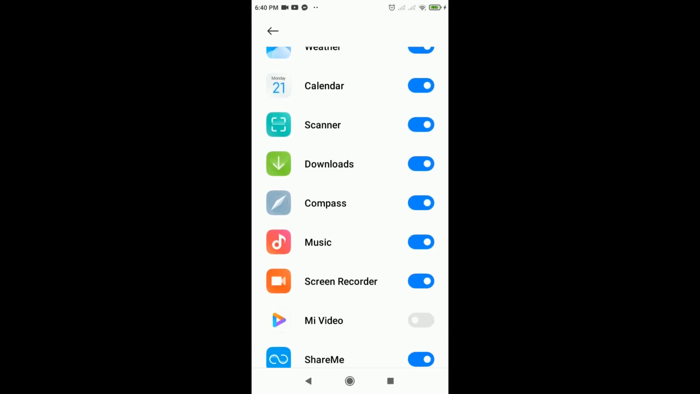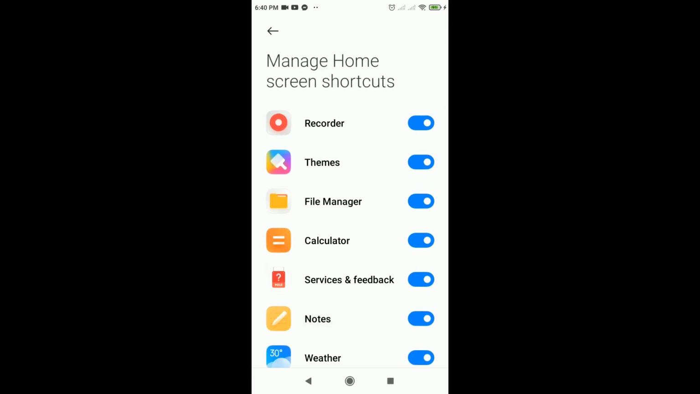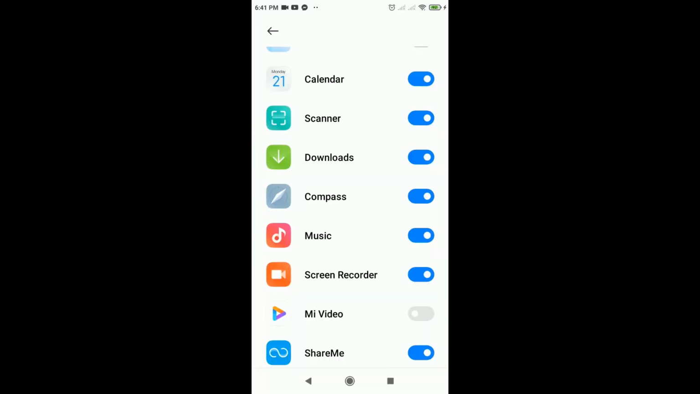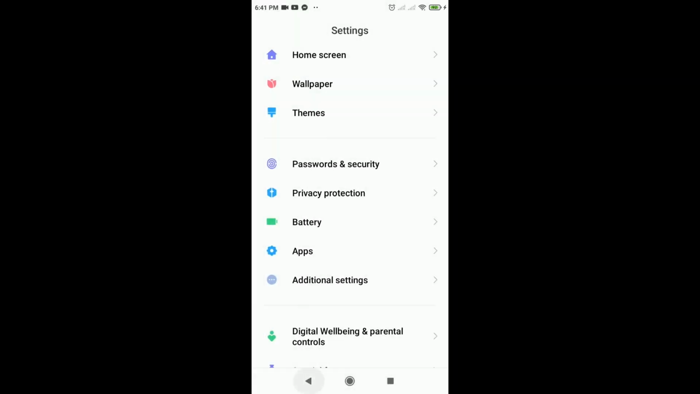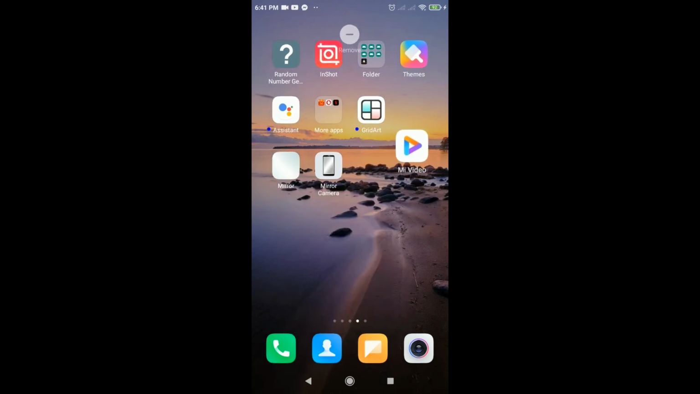Actually, it's just a shortcut of the Mi apps, and you're going to turn it on, and it will automatically go to the home screen of your Mi phone. So that's just as easy as it is. When you go to the home screen, it's right there,